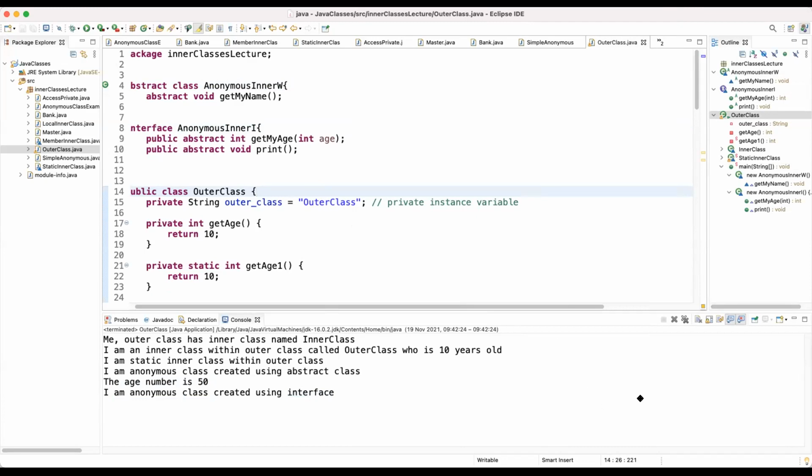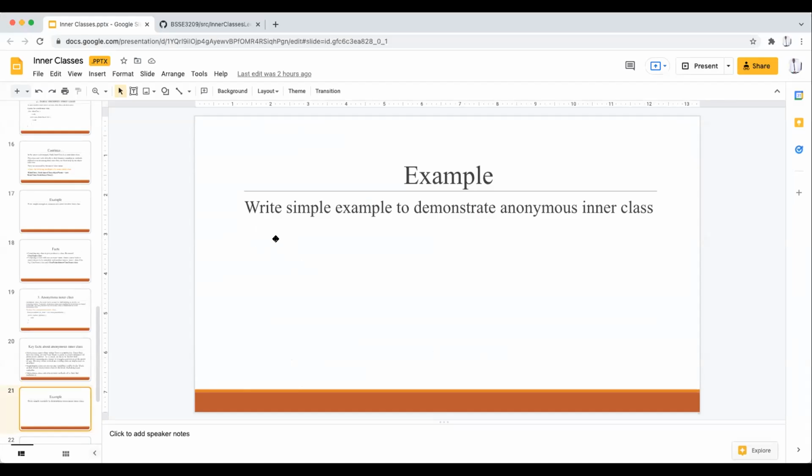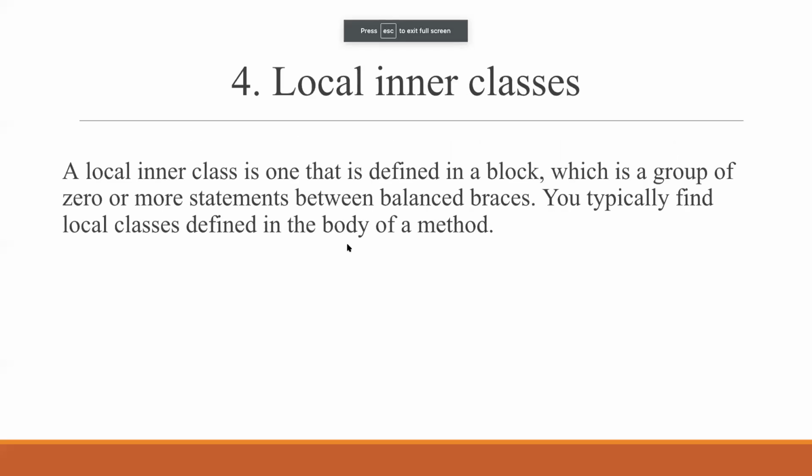We go to our slides and we see what could be next. Write a simple example to demonstrate inner class, anonymous inner class. We are done with that. Next, finally, we look at